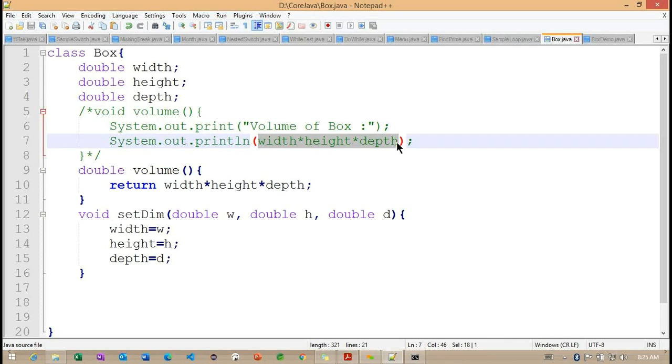Getting the point? Based on our requirement, we are going to define the method. Whatever method we create is going to be reusable multiple times. We just provide the input, and based on the input, we get an output.